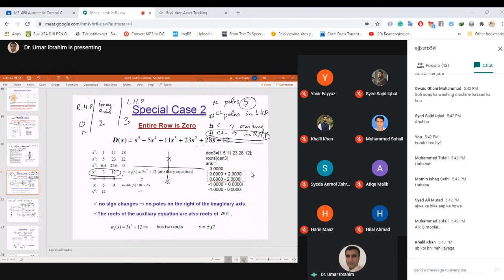Now let's make it a little bit interesting. Imagine this row becomes 0, and there are two sign changes. Let's solve this problem again and interpret it. If s cubed is 0, what does it mean? That the s4 row, let's suppose there is a 6 as well, 2 3 4 7, otherwise the problem will be wrong. Now, if s4 is a pure even polynomial, then it means